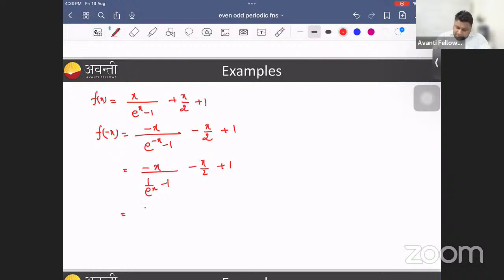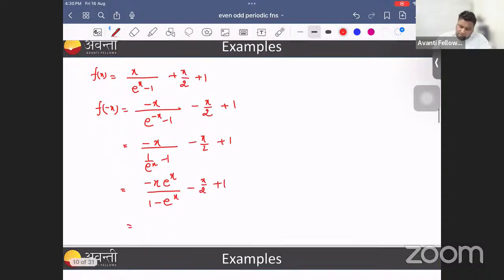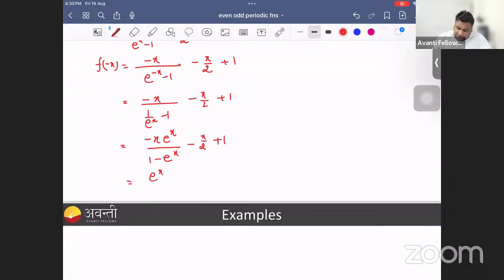If I take LCM, it will become minus x e to the power x upon 1 minus e to the power x, minus x by 2 plus 1. Adjust this negative sign, you get x e to the power x upon e to the power x minus 1, minus x by 2 plus